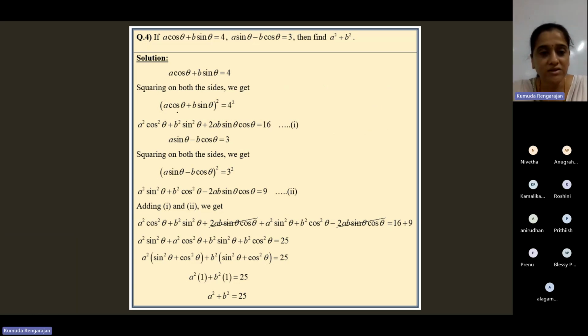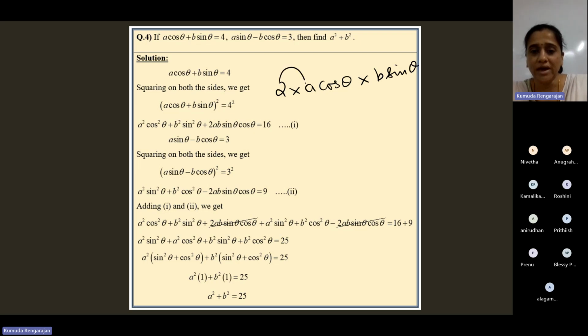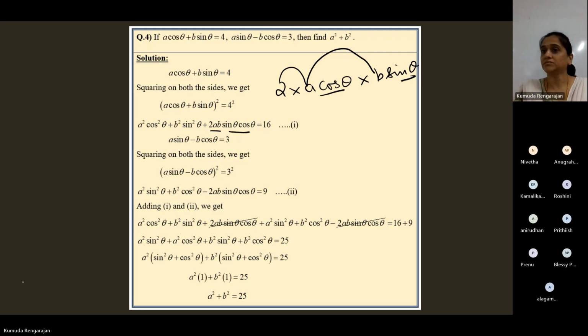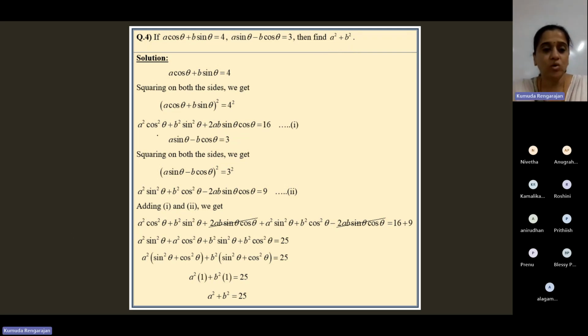In the same way, this is the first term. Square it. It is not just A cos square theta, because sometimes we go wrong. It's A square cos square theta. Register this one. Similarly, B square sine square theta. Then the 2xy term will be 2 into A cos theta into B sine theta, so it will be 2AB sine theta cos theta. So x plus y the whole square, which is x square plus y square plus 2xy, is equal to 4 square,